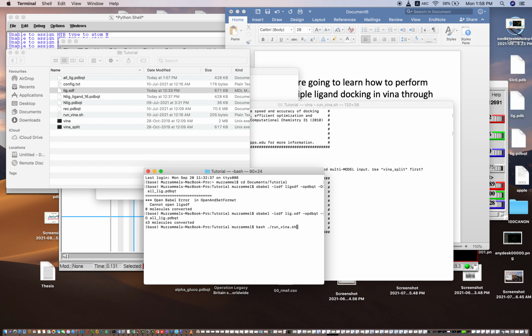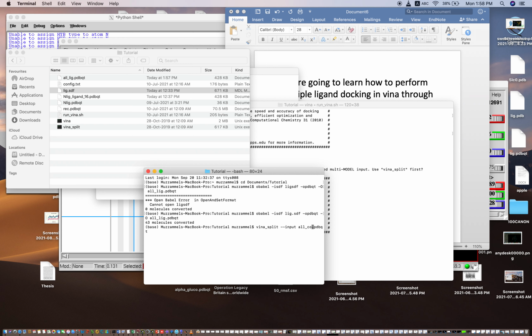For this, we have a command like this: vina_split --input, and then the name of the converted molecule file which we want to split.